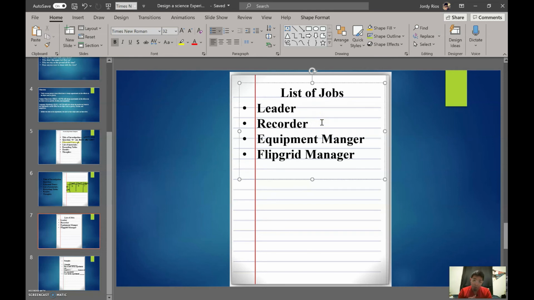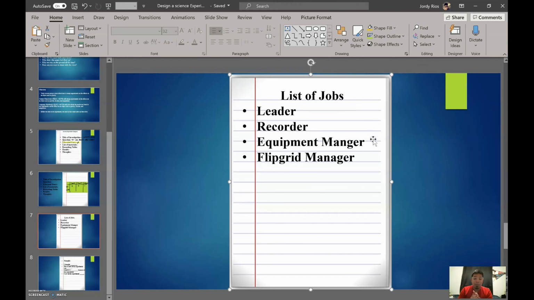Then we have a recorder. This person is going to make sure that they're writing all the results in the recording table, okay? Then we have an equipment manager, and the equipment manager is just making sure that they have all the equipment and they're putting everything back, okay? And then we have a Flipgrid manager. This person is making sure that they're recording on Flipgrid what's happening in the experiment,